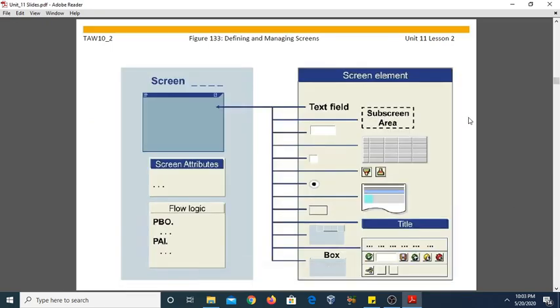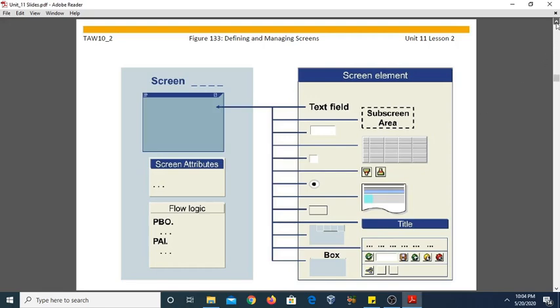Now come to the next topic, defining and managing screens. Before proceeding on this topic, the one thing that I want to tell you is about the screen numbers.